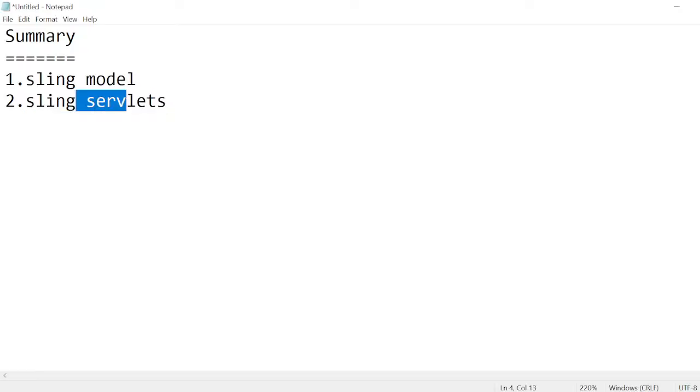A Sling servlet has a life cycle with an init method, a service method, and a destroy method. They can take the parameters, process the parameters, and return the response. We discussed how many ways we can register them, and the difference between path-based servlet and resource-based servlet. These are all the areas we discussed in the Sling servlet. After the Sling servlet, we discussed